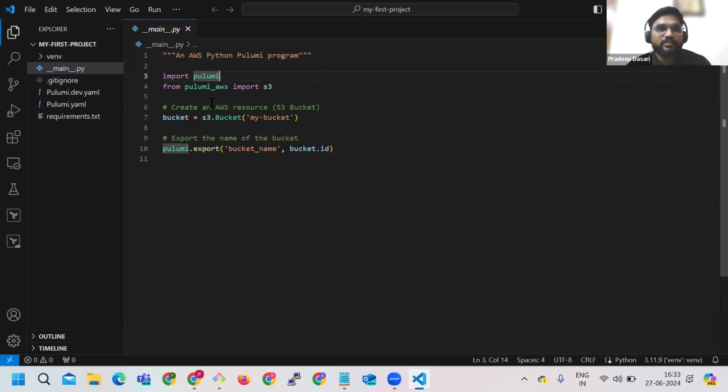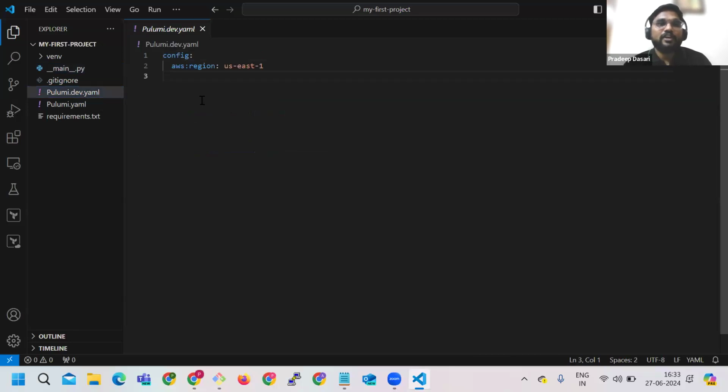bucket. It's saying it is going to create a bucket called my bucket, and it generally is going to have some extra string in it. As your bucket name should be globally unique, that's why it is going to add that extra string. And at the end, it will show you the bucket name when you apply your code. And the dev